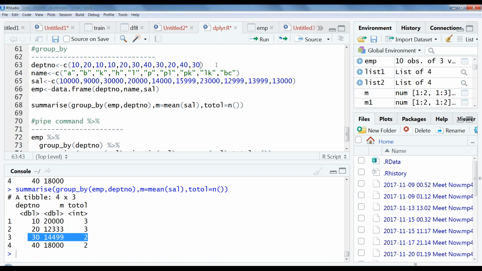Here the prediction is nothing but that we are going to calculate, for the new employee who is going to join the 30th department, what his salary will be, how much we can give him. This may be a very, very basic example you can consider. So this is how we can use R programming for calculation purposes, or prediction purposes. So we can use this dplyr package in R.